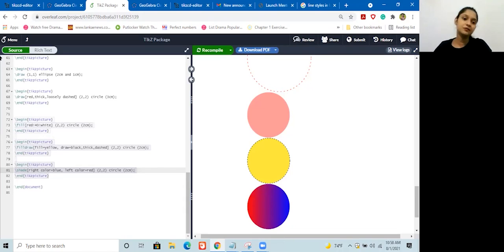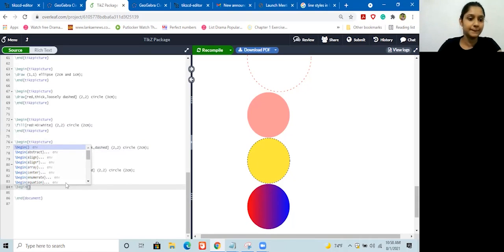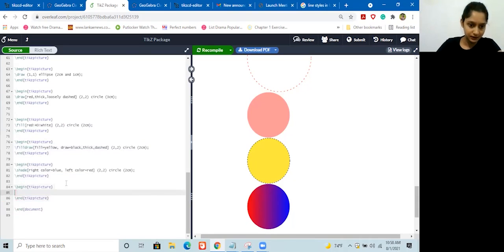Now, what if we want this shading to be included with another outer circle? So again, we need to modify our command to shade draw and include these statements. Let me do that for you. Begin, TikZ picture. So the command is shade draw, and let's say inner